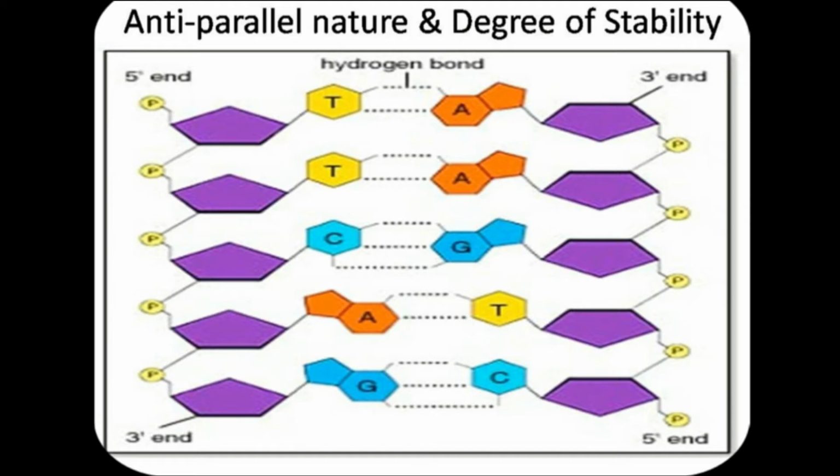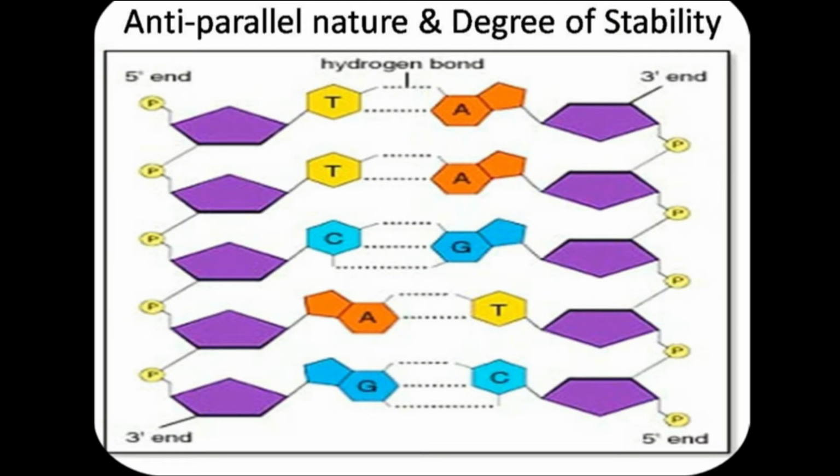As I already told you, a sugar molecule is made up of 5 carbons. So this is the first carbon, second, third, here we have the fourth one and here we have the fifth one. Similarly at this side, starting from here, this is the first carbon, second, third, fourth and fifth. So now we can see the 5' end. The phosphate is attached here at the fifth carbon, and hence this is the 5' end. And at this end we can see the 3' end exposed outside.